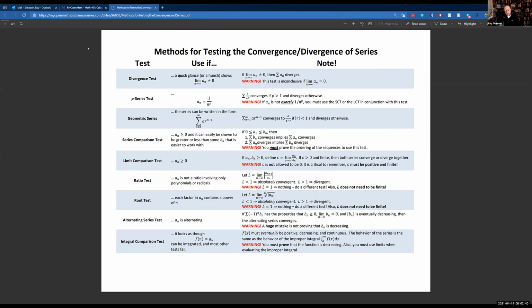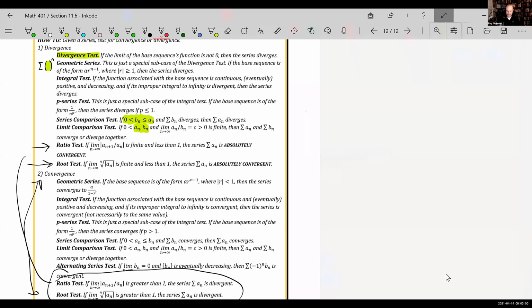So we are done with all of the tests. And so you could see why chapter 11 tends to be kind of a pain for a lot of people. It is actually a very difficult chapter, but we're only part way through it. So we still got some work to go. So let's go ahead and now jump into